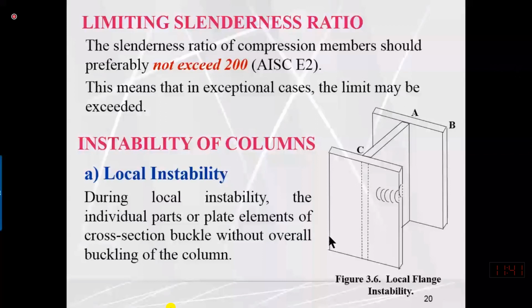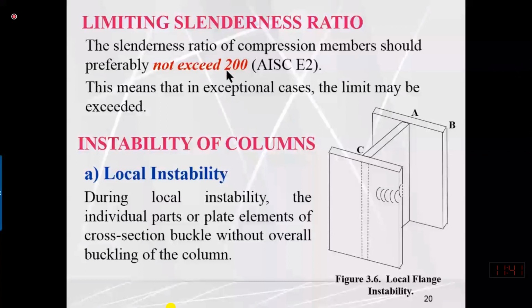Unlike a tension member, a compression member has two types of instability issues. One is called overall and one is called local. Overall stability is referred to as buckling. Overall means the whole length of the member may buckle or bend in a later time. How can we control this? By limiting the slenderness ratio about either axis to less than or equal to 200. This criterion is 300 for a tension member, but for a compression member and stress reversal member, this value is 200.